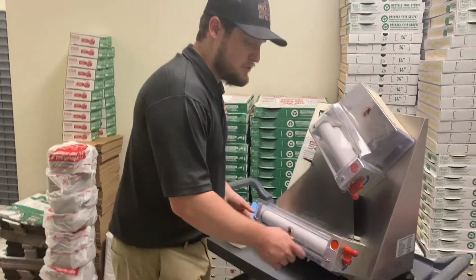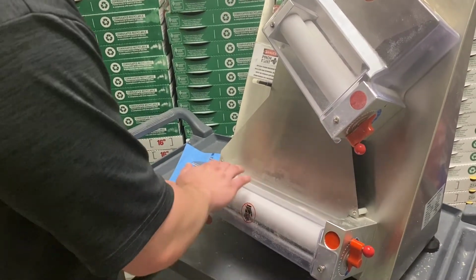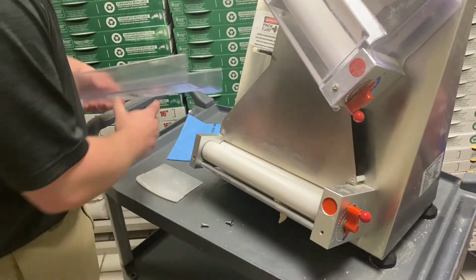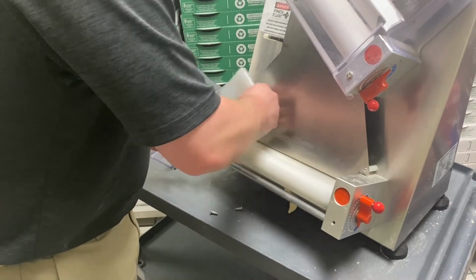The next step would be to unscrew any visible screws to make sure you can take the guard off and start wiping down any rollers. I've already loosened these just so I can take them off and then remove the guard. From there, you can use a dough scraper to get any excess dough out from in between the crack, just